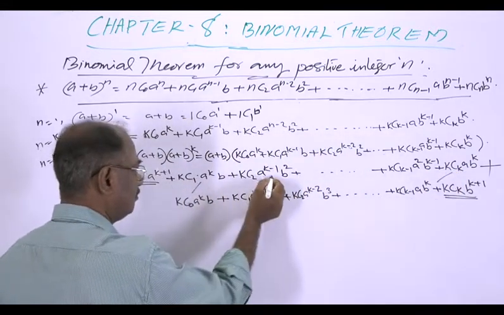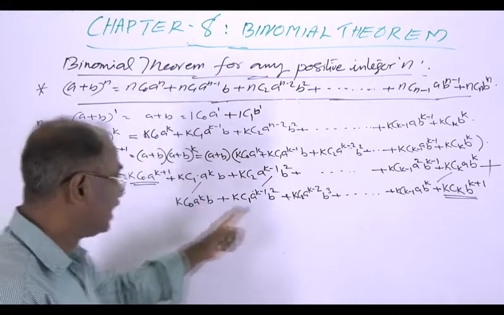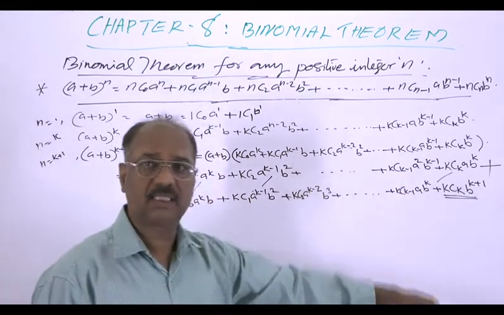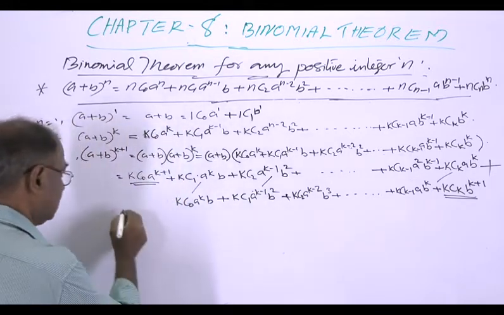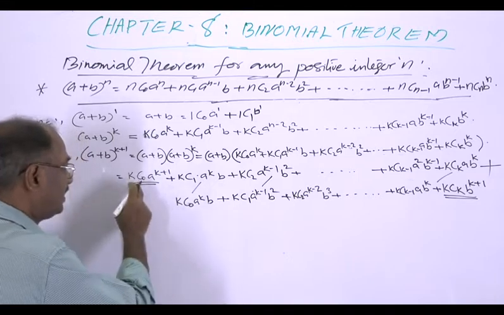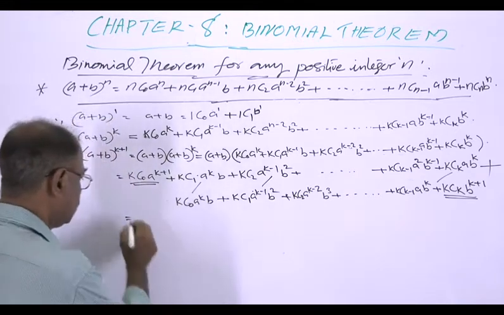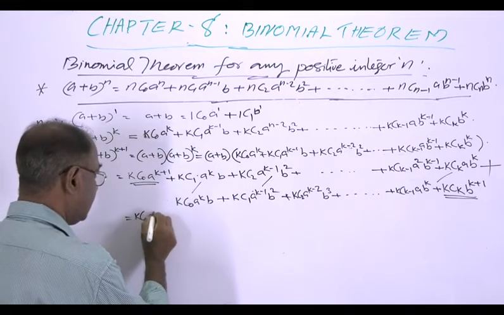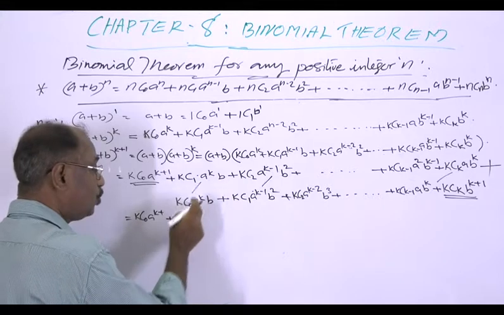These two are the same, and the first and last terms are each single terms. So we can write this as equal to the first term, kC0 a raised to k plus 1, plus, combining these two like terms,